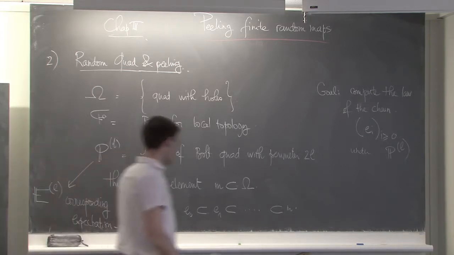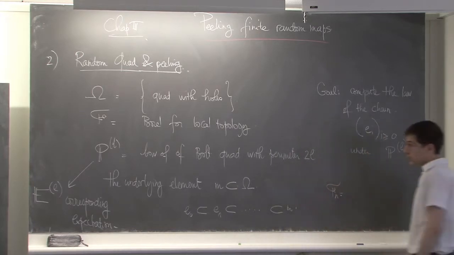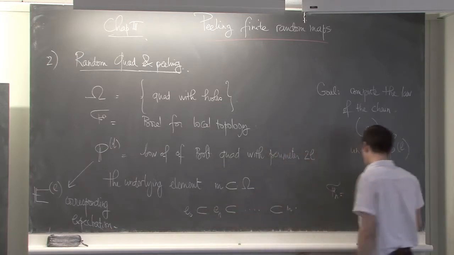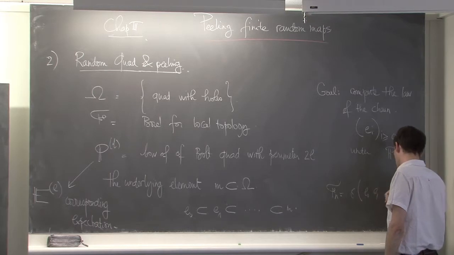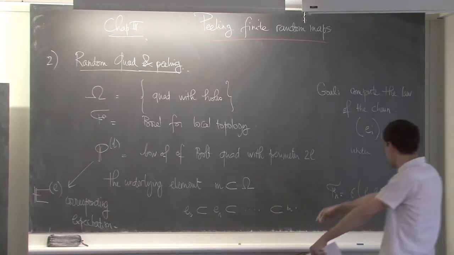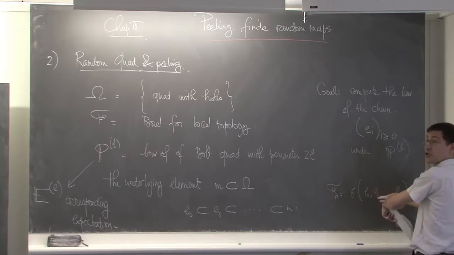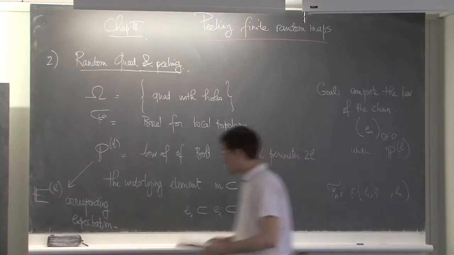Okay? And Fn will be the sigma field generated by these random variables. So the sigma field generated by E0, E1 up to En. These are random variables. If my underlying map M is random, these are random variables. These are deterministic functions of my M, and I take the sigma field generated by these guys.